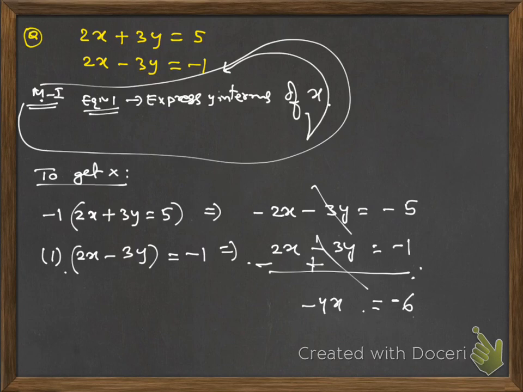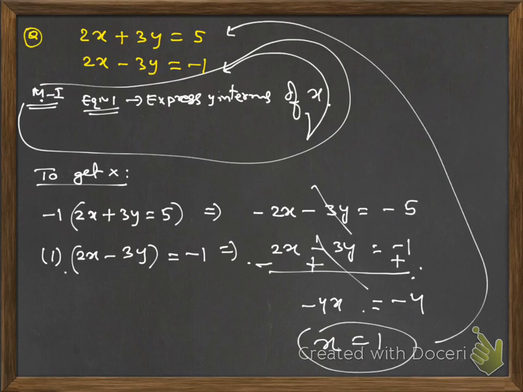I think I have done something wrong. Minus 2x minus 3y, 2x minus 3y is equal to minus 1. So subtracting, minus 4x. Wait, I should get 2 plus 3 is 5, x and y both are supposed to be 1, sorry, this will become plus 1. So minus 5 plus 1 is minus 4, x is 1. Okay, take this and substitute in one of the equations, that will give you the answer.